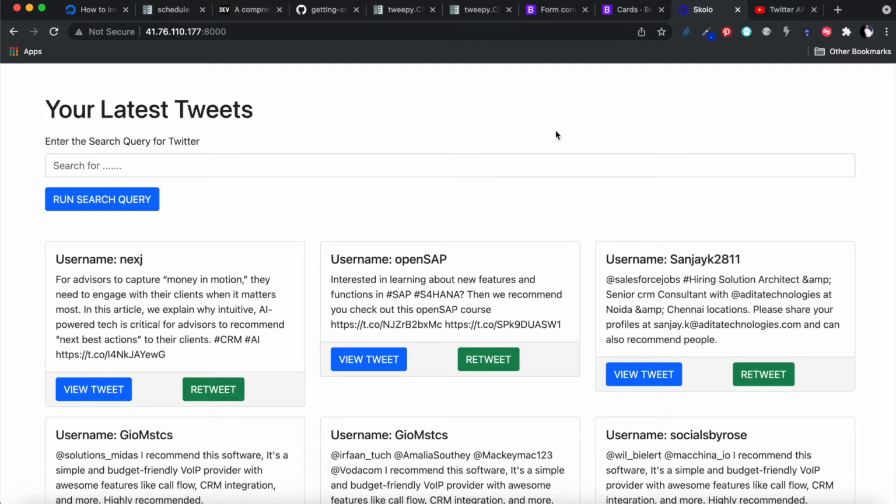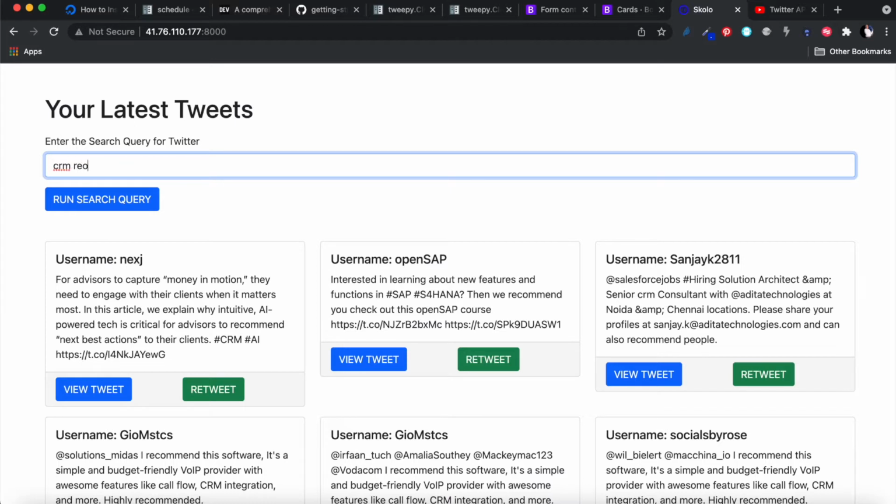So this is the web application that we're going to build. It's fairly basic in terms of the sort of displays, but it's got a lot of power in the back end. So you'll be able to have a form over there that you can search for something specific, like a topic, all right? So let's say I wanted to search for CRM recommendations,